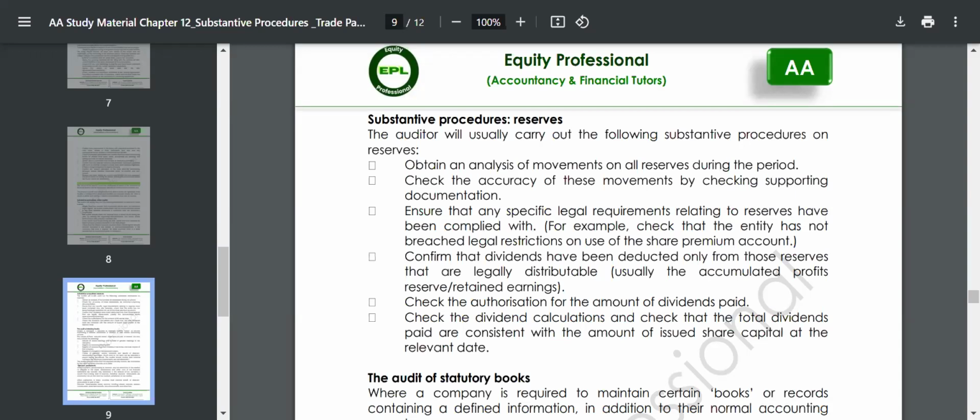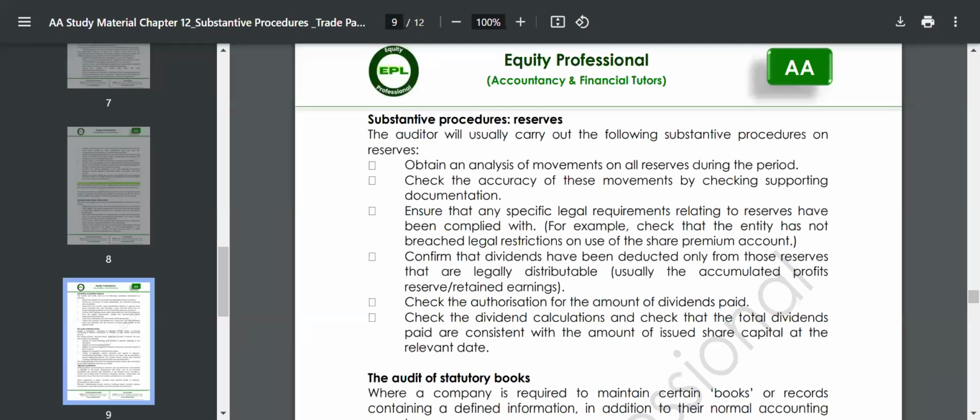Now, this is the same as what we're saying. If you say your share premium account is growing, how, when have you abided by the law that guides share premium? If you say you have new investors who come in to invest, have their assets been properly declared? Have the KYC been done properly? Is it illegitimate money they're trying to put through the business? So the auditor will need to check that the proper legal requirements to this reserve have been fully complied